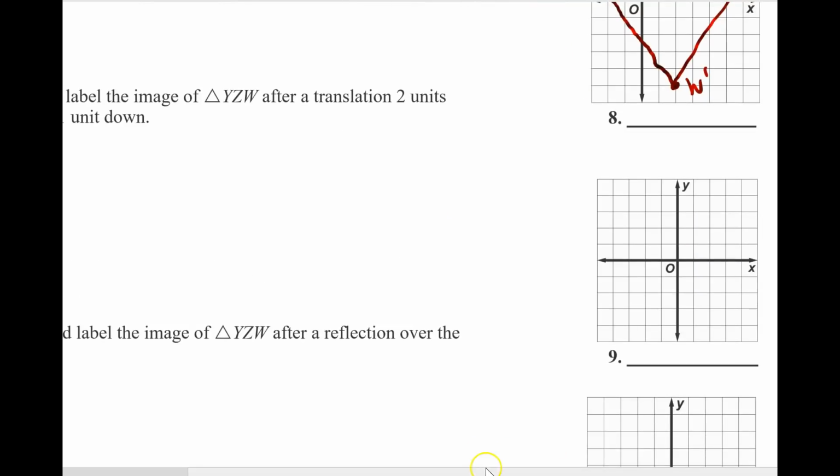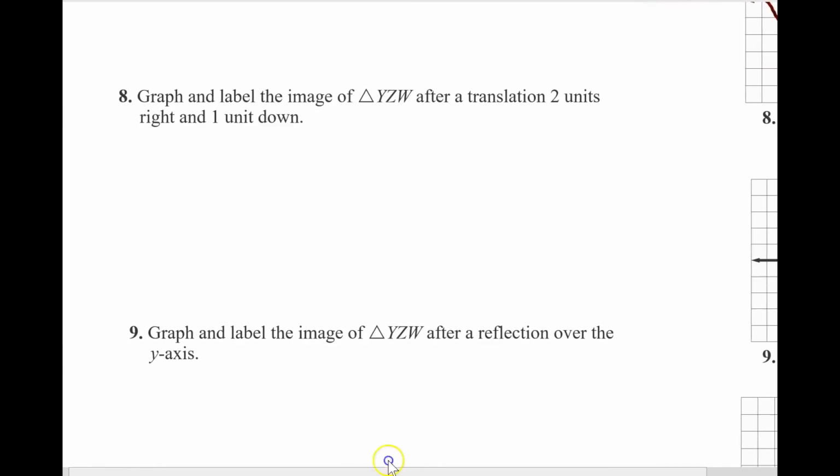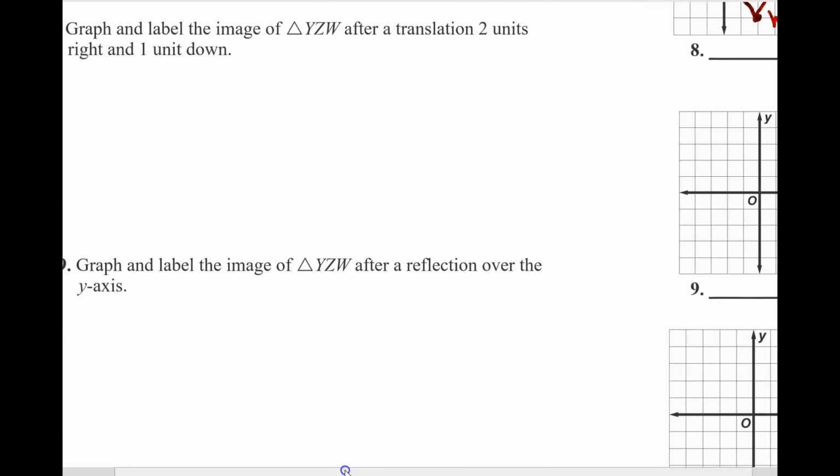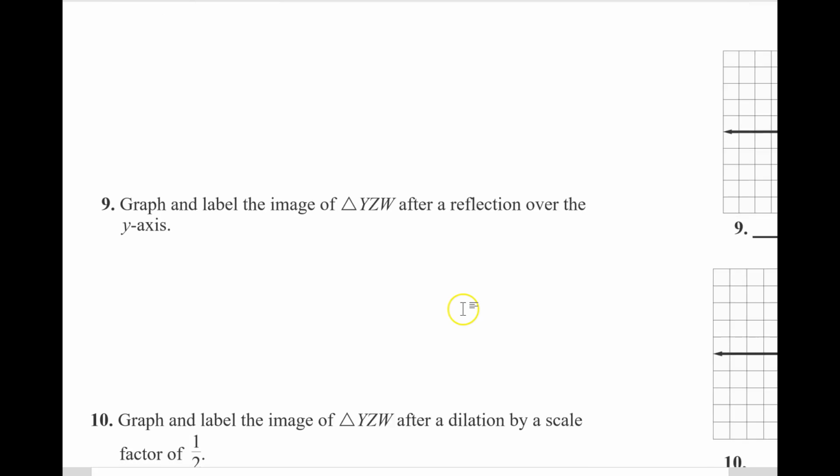Okay, all right. Number 9, it says graph and label the image of triangle